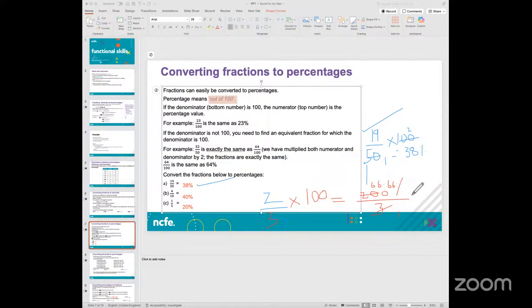If you've been asked to represent it in 2 decimals, you would obviously put 66.66. But if you've been asked to round it off, then it will become 66.7 as a percentage. So 2/3 of 100. Sometimes we use this in English and say it the other way around: what is 2/3 of 100? 2/3 of 100 is 66.6%.